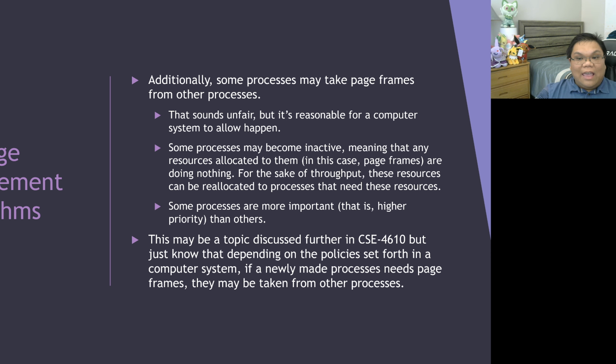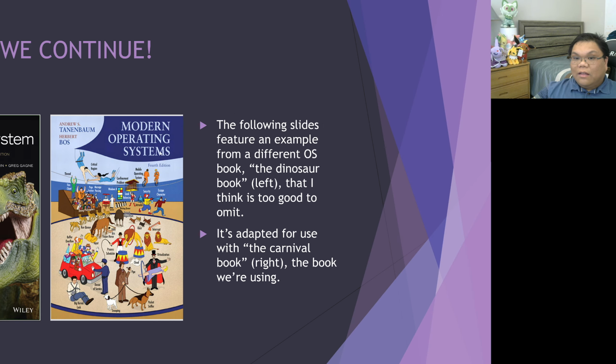And to an extent, if an existing process needs more page frames, it may also take them from other processes. Again, this is a topic that may be discussed in CSE 4610, but I'm just giving you the simplified version of what can happen. Anyway, before we continue,